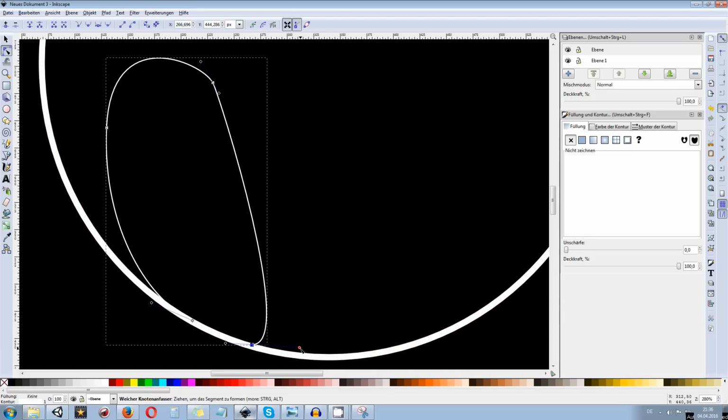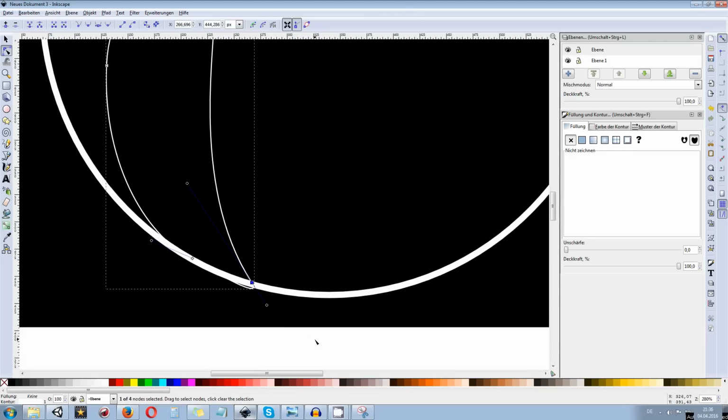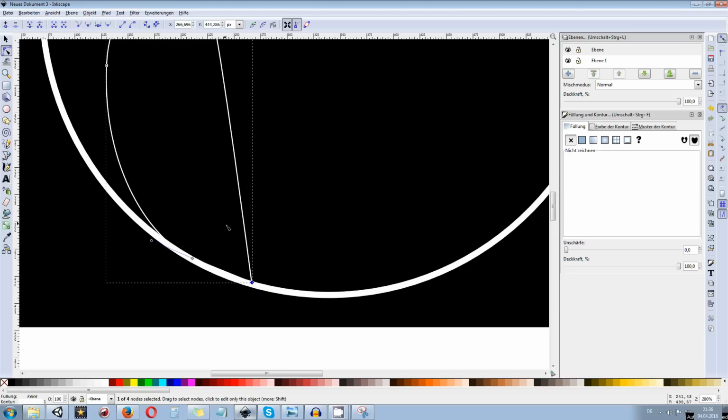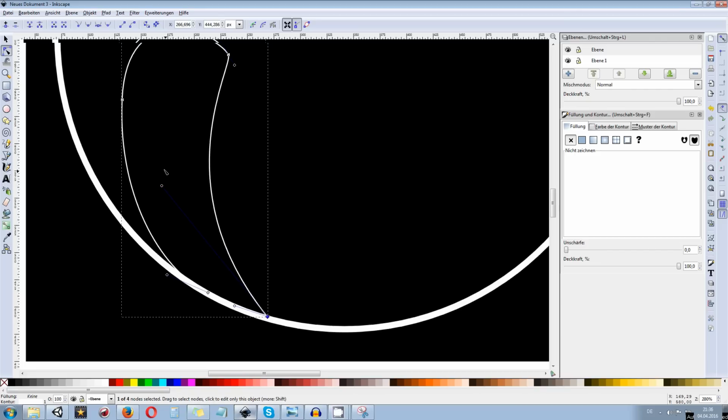I'm unhappy with this anchor or handle, so I go over and delete this. Hold down the Shift key again and drag a new one outside. If this is the wrong anchor point type, what you can do is break the anchor points harder, I would say. So I just select this one. Now I have an edged point, and now I can drag out the handles separately from each other.